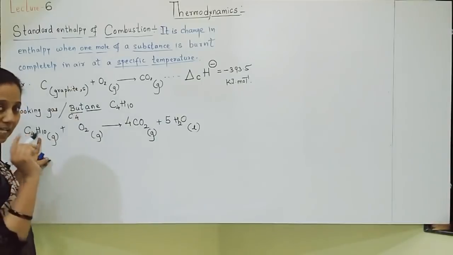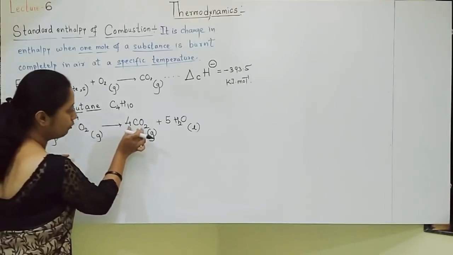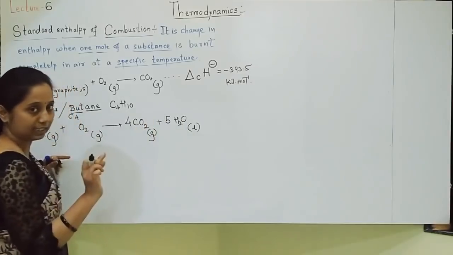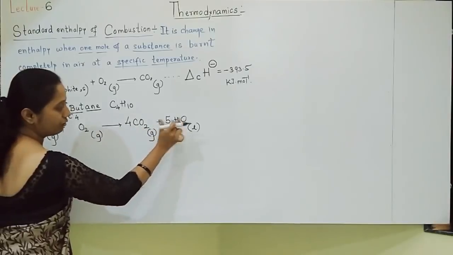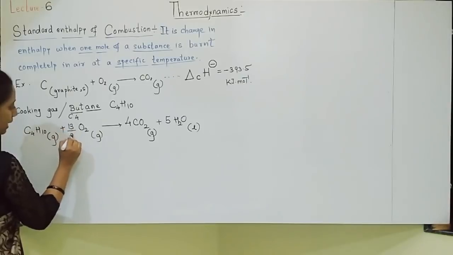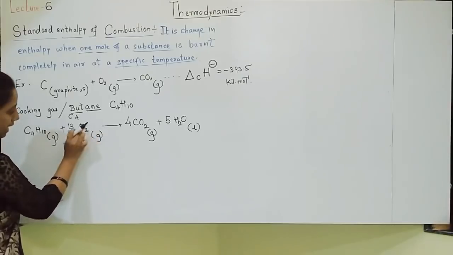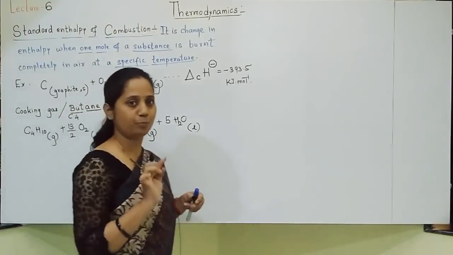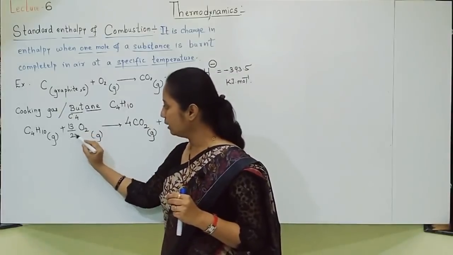After writing this, lastly, you have to balance the oxygen. Let us see how many oxygens are here. 4 2s are 8 plus 5. Understanding? Total 13. Now which number should I write here? I want 8 plus 5, total 13. So I will write here 13 by 2, because the 2 will get cancelled and 13 oxygen is left. Like this balancing should be done. When an odd number like 13 comes, I should write 13 by 2.